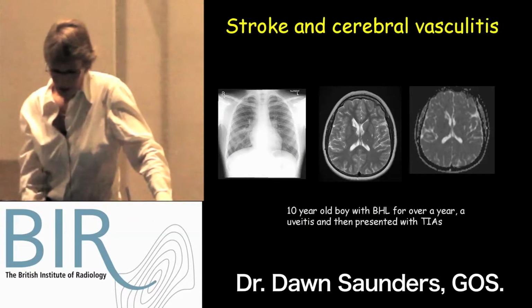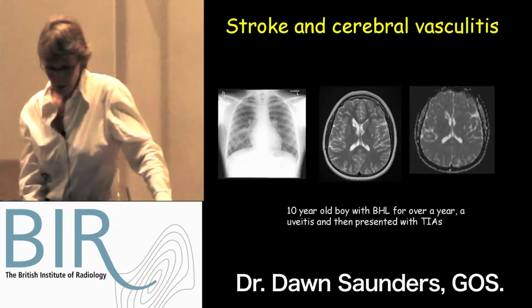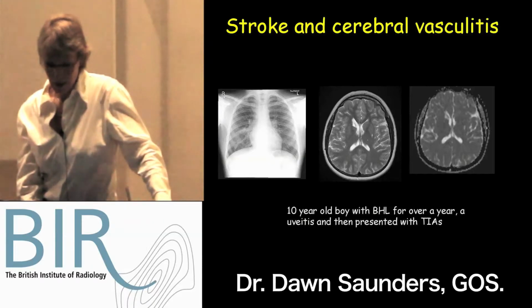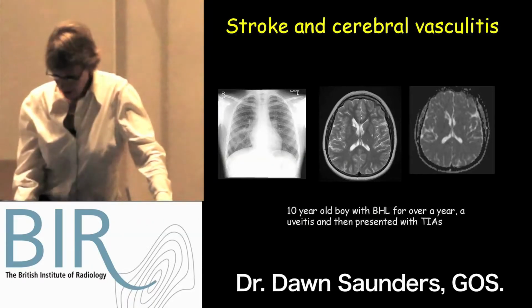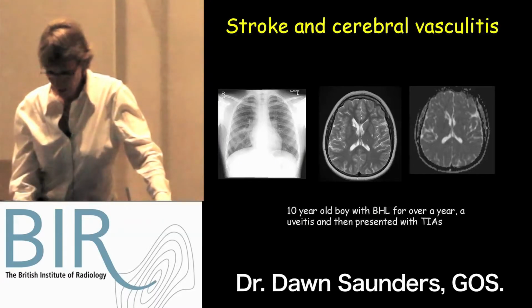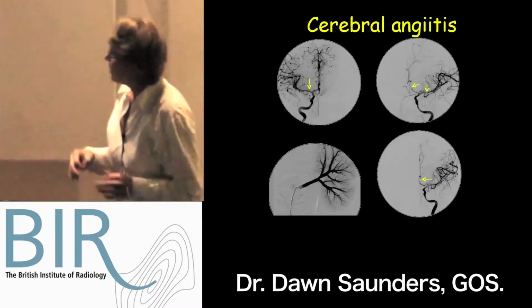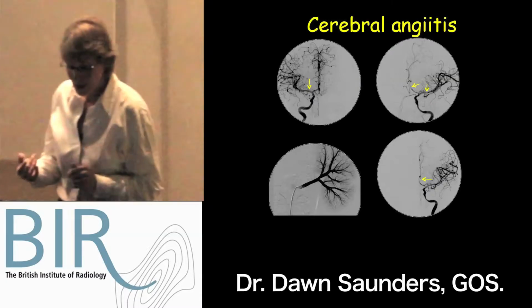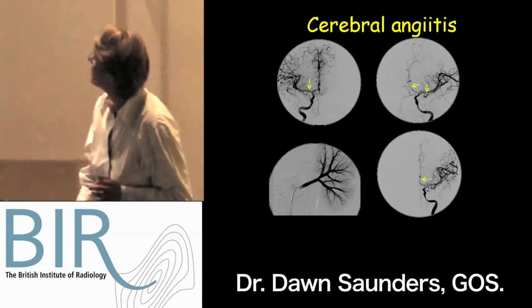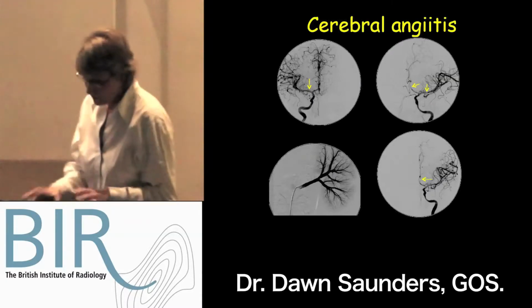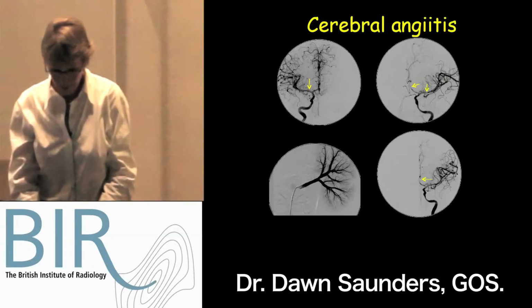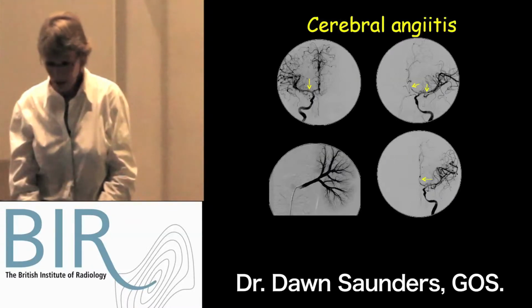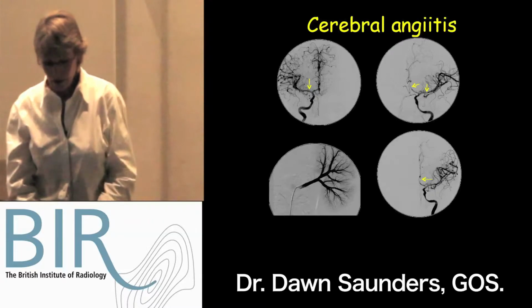Then he had uveitis and he presented with TIAs, and he has multiple basal ganglia infarcts, head of the caudate here and the thalamus on here and posterior putamen. And they were all mature infarcts by the time he presented. He had a cerebral angiogram, and it's always very challenging to demonstrate abnormalities on cerebral angiogram. But what you're looking for is a change in caliber in the vessel. So you can see here it's very small anterior cerebral arteries and narrow middle cerebral here,